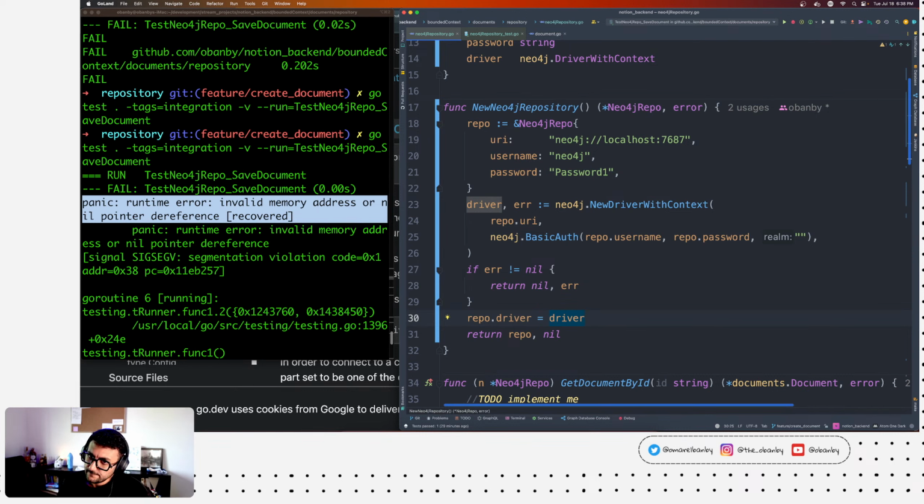Now I'm questioning my decision about having the username and password as part of the repository, right? Is that something that is really part of the repository, or is that configuration? So a username and password might change at any time, right? Let's say the infra team or the security team says we're changing the username and password, and because of that, you have to either reload your app or implement hot reload, right?